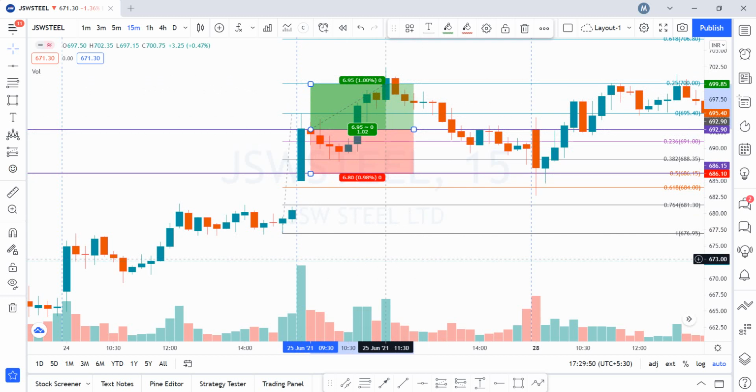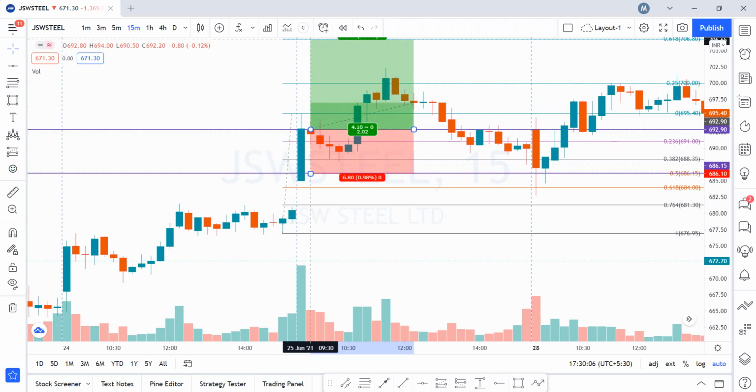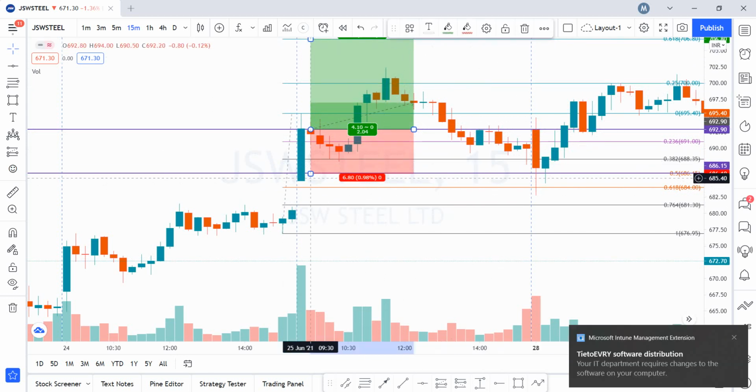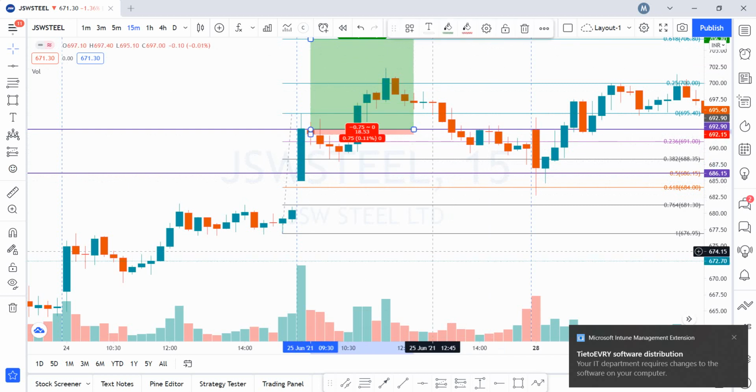How you can configure it is to just set and forget, because you got your entry level. Once you enter into the trade, put the stop loss, and put the partial booking level at the 1:1 risk to reward ratio, as a 50% exit order. The rest of the 50% exit order will be at 1:2 risk to reward ratio, with a trailing stop loss later on once you get your 1:1 risk to reward ratio.